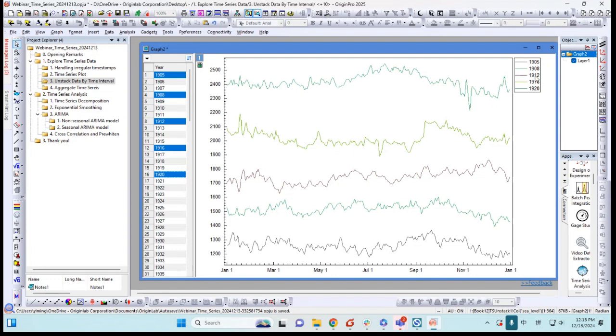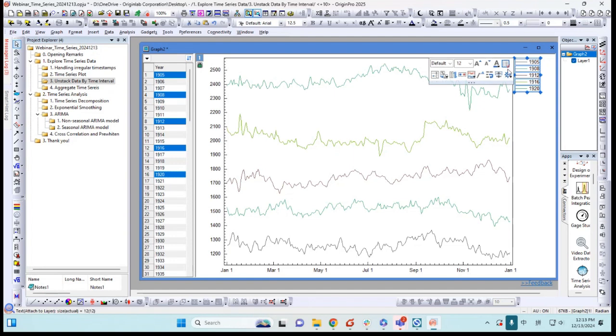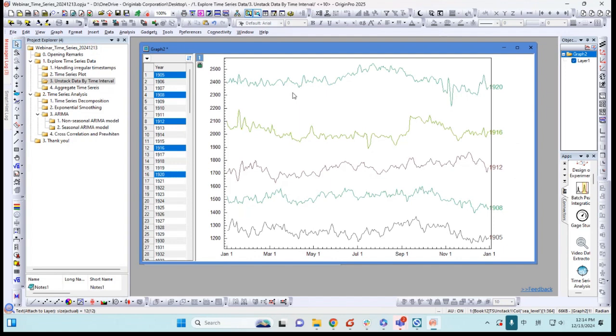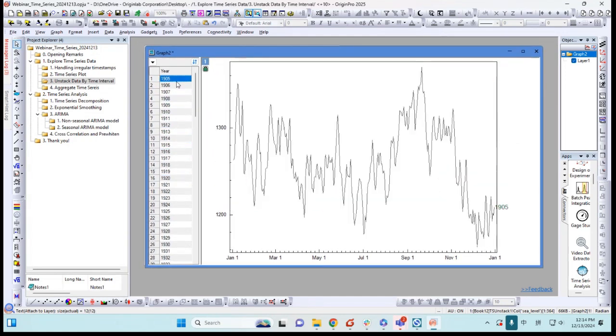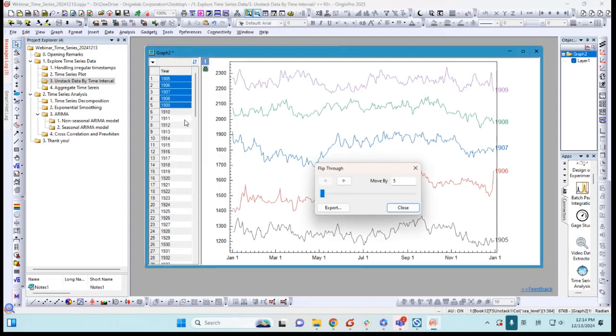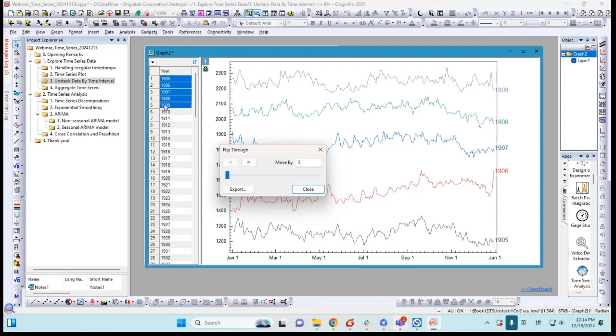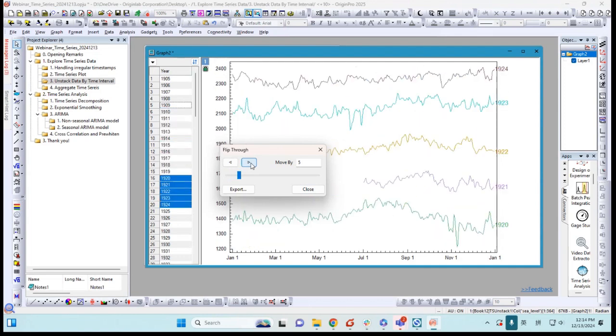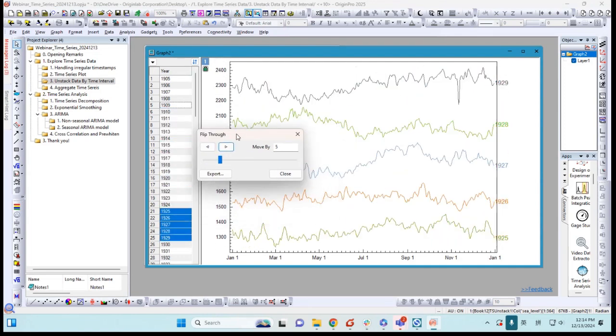I can also just click on the legend and say I want to put the legend to the side of each curve. Okay. So this way, some other options, like you can select multiple curves. Okay. Then I can do flip through. Okay. I can move the year 5 years at a time. You just click that. Yeah, so this way you can quickly compare the patterns of the time series of every